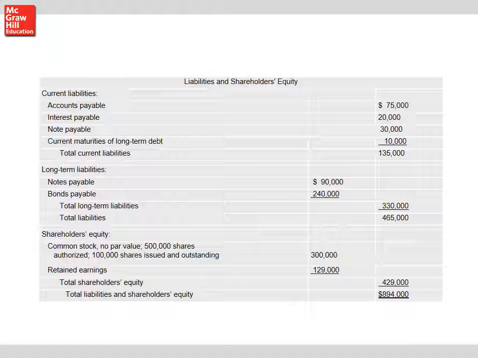Add your total liabilities to your total shareholders' equity, and that will agree to total assets. So that's how you take that additional information and apply it to the accounts. Okay, so make sure you go through that one on your own again. Make sure you understand it, and then you could try for the graded problem, which is very similar,